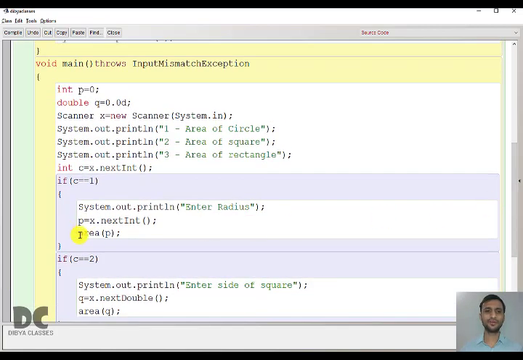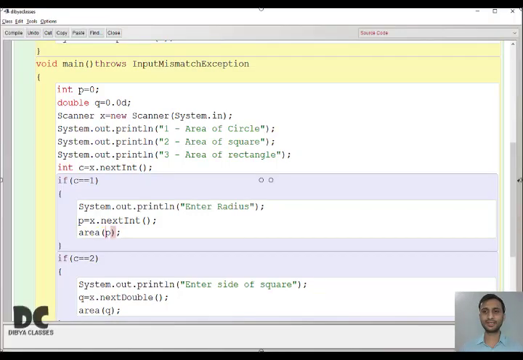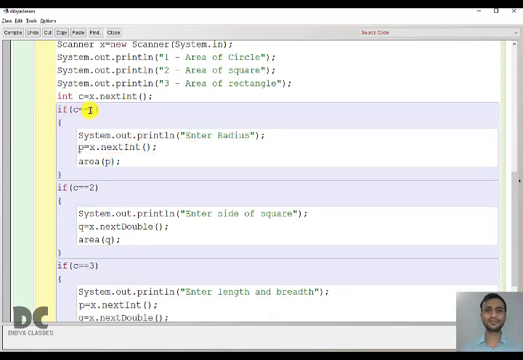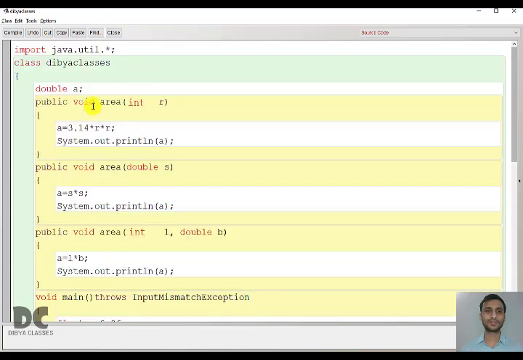So now the question comes, when we call area, how will the compiler know which area we are calling? Because there are 3 areas and all the functions have the name area. So how will the Java compiler know which function we are calling? First it will match the number of parameters and the type, meaning the data type of the parameter. For example, the user has entered the choice as 1, you have got the radius value and you are sending the radius value. So here the compiler checks all the functions with the name area that have only one parameter. So this area has one parameter, but this area has two arguments. So it will reject this. So now it will see only this.